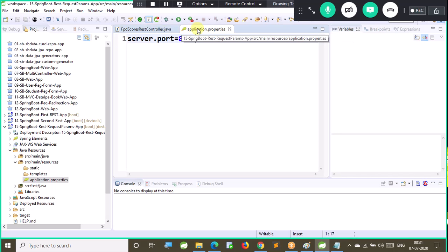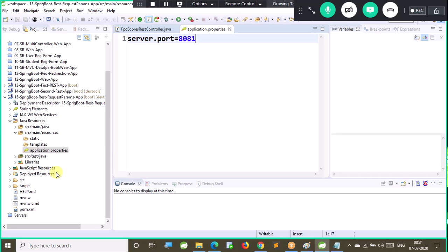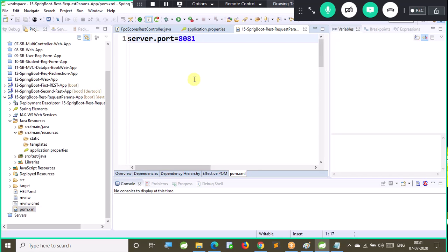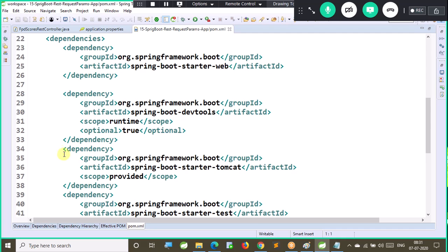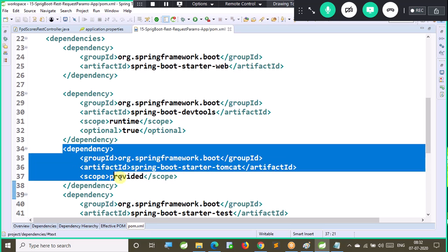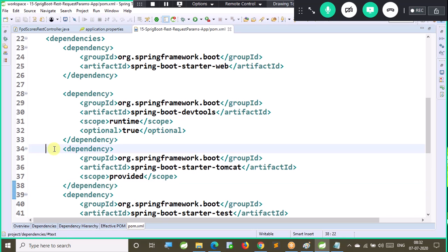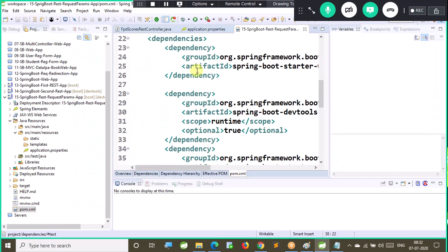So what is the default embedded container? Apache Tomcat comes as the default container when we add the web starter in the pom.xml. Whenever we add the web starter, we get Apache Tomcat as an embedded container to run our application. In the MVC applications, we added embed Jasper. But here, why am I not adding embed Jasper? There is no UI, there is no JSP. REST is for business to business communication. Presentation logic will not be available. So that is the reason there is no JSP, no Jasper dependency.